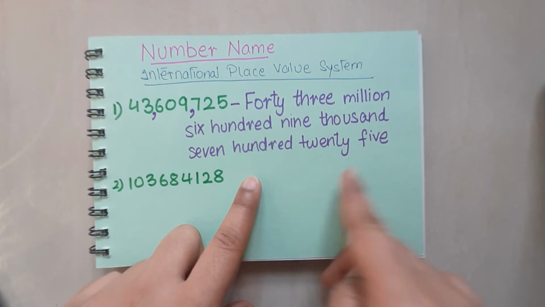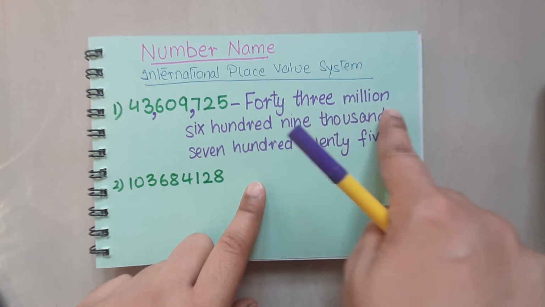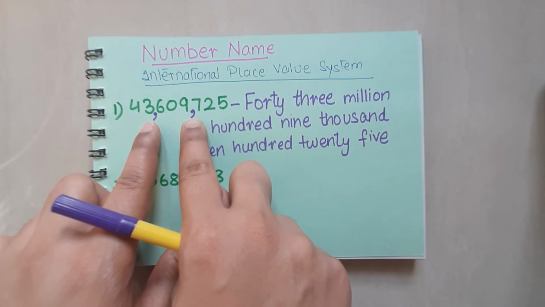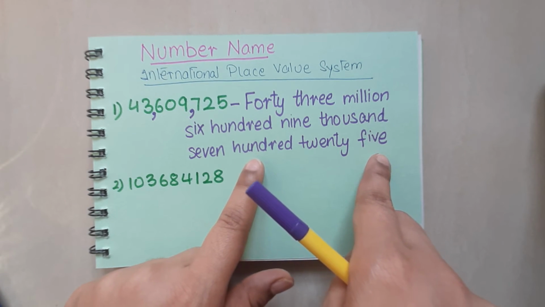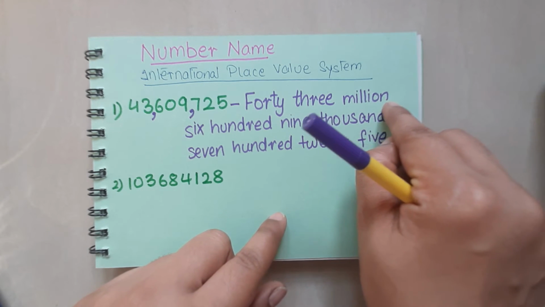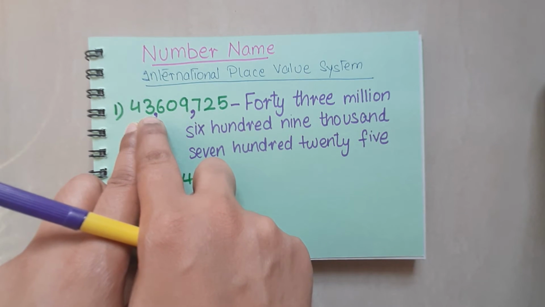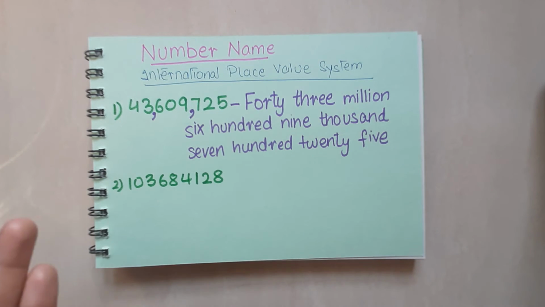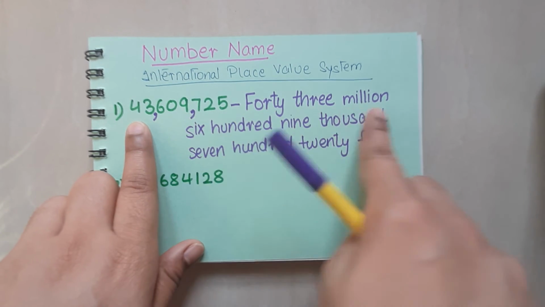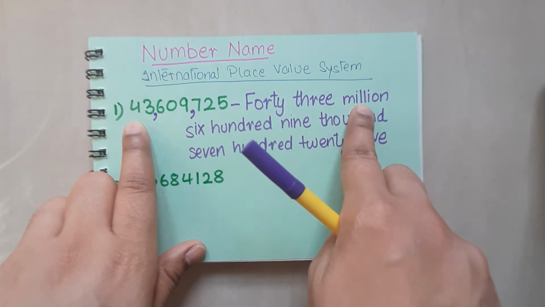Now over here, remember how we write the number names? The first letter has to be a capital letter, and all the rest of the letters will be in lowercase. And we mark the periods in numerals only, not in the number name, right? And the S, in a number name we don't write S. Like the way we speak, it is 43 million. We don't say millions. When we have to tell the place or period, then we put S, right? All right. So here we have written the number name according to the international place value system. 43 million